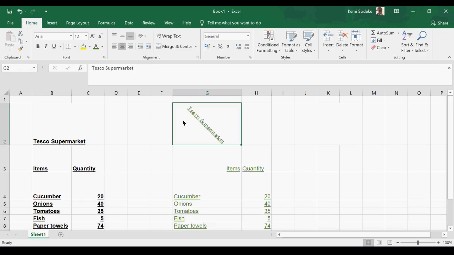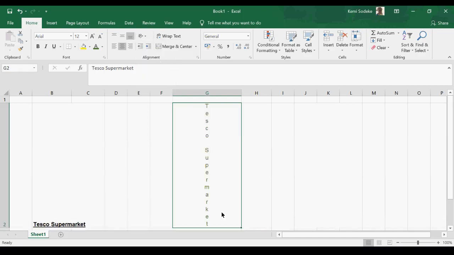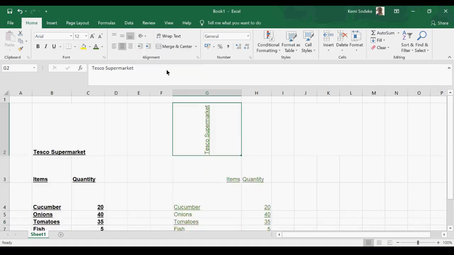And then you have something like that. If you click on it again, let's angle it counterclockwise. You have that. If you want it vertical text, click on the vertical, rotate text up, rotate text down,